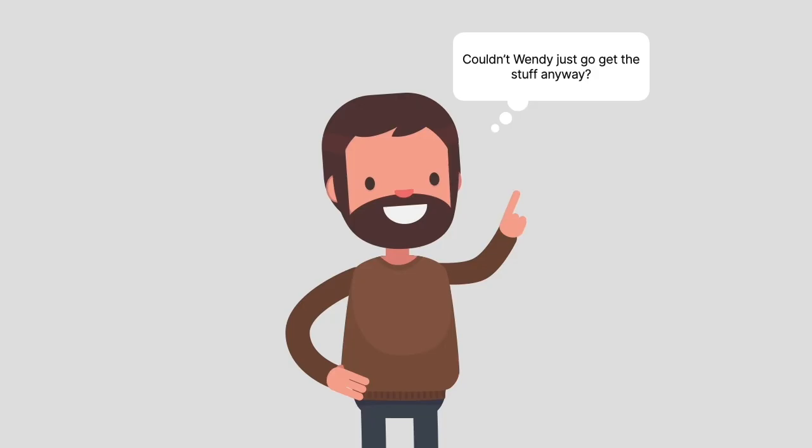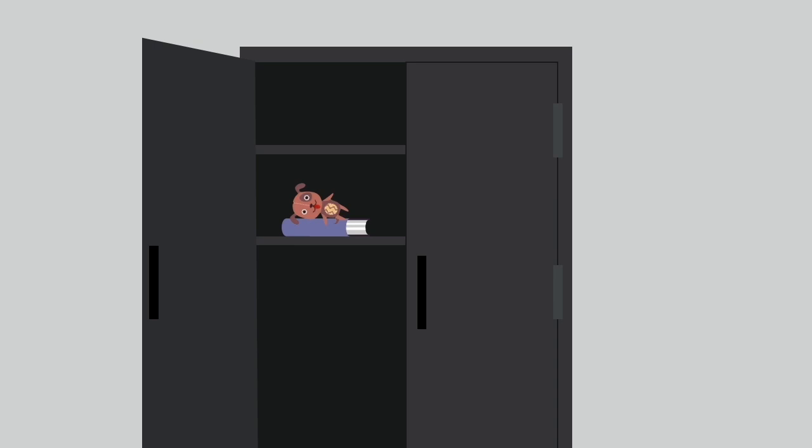Now you might be thinking, couldn't Wendy just wander around the classroom accessing books, dolls, center items in her classroom, and items off of her teacher's desk, such as figurines and stuffed animals, as she had done in the past, regardless of whether or not she engaged in physical aggression? In order to withhold access to reinforcement until Wendy met the stipulations of the fixed interval differential reinforcement of other